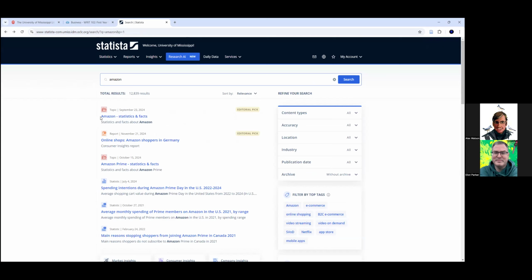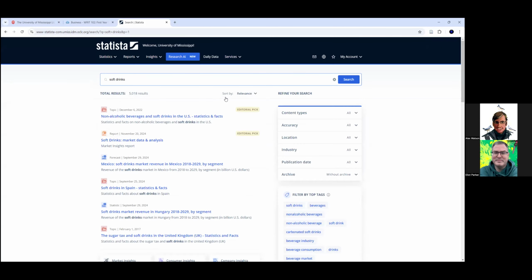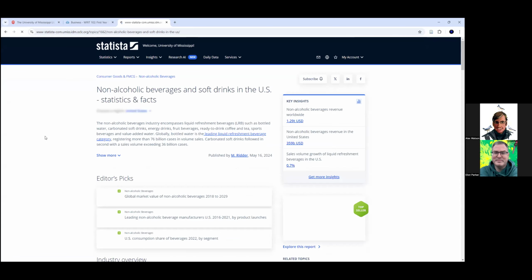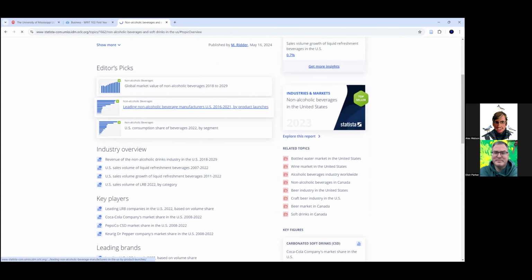So it's often a good idea to find a topic if you can. Many large corporations will have a topic. Now, if you are not interested in finding a topic, or if your company doesn't have a specific area within Statista, you can do a search for the general area that they're in. For instance, if you were looking for non-alcoholic beverages and soft drinks, you could find,